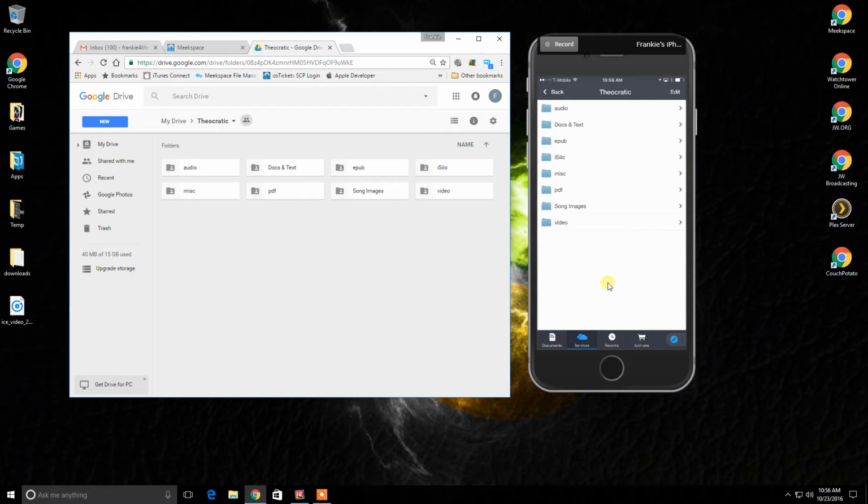So what I wanted to show you is how you would grab iSilo files and get them into iSilo on your Apple device. So I'd go into the iSilo folder, I'd go into Watchtower Library Files, and I'd go to English, and now I want all of those files. So in the top right corner I'm going to hit Edit. I'm going to scroll down with my finger so that it